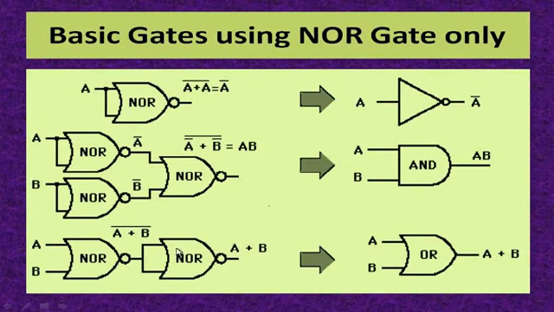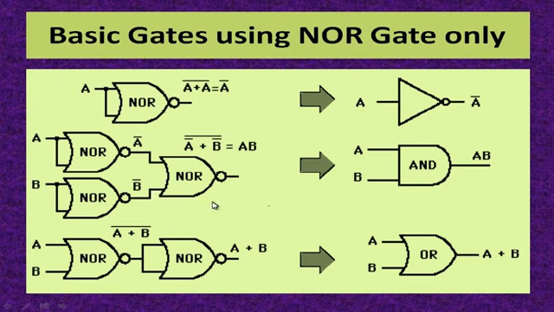Let us see the first diagram. In this first diagram, both the inputs of NOR gate are shorted. That is nothing but a single input, and it gives the property of inverted output, and that property is nothing but NOT gate. Okay. That is a property of NOT gate. So we'll get the complemented output, that is A complement, and this is the construction of NOT gate using NOR gate. In a similar way, we can construct AND gate and OR gate with the help of NOR gate.